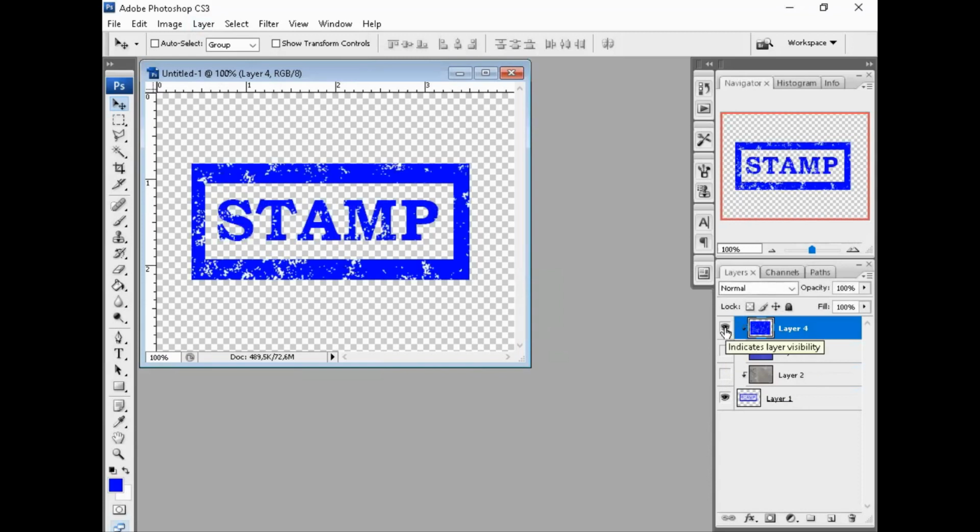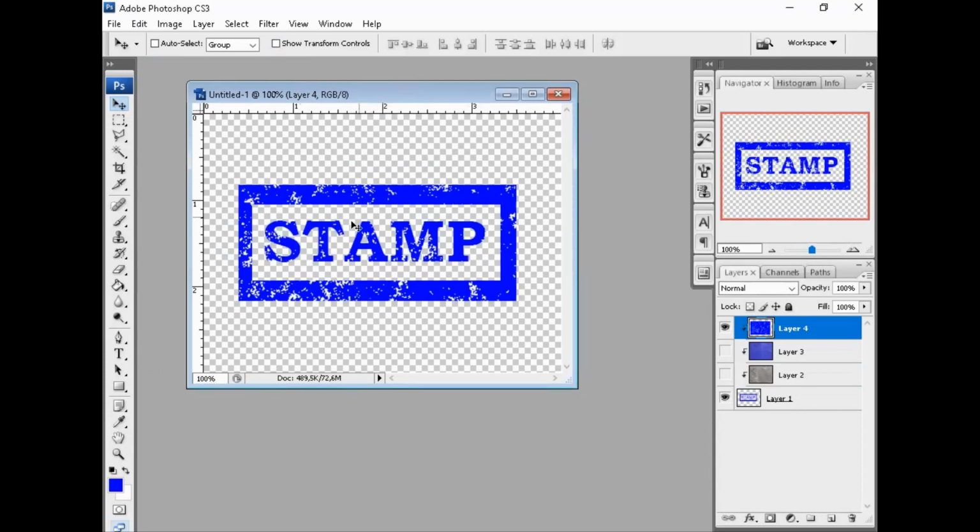If you have any stamp, maybe with vector, then the image with the vector, we can create another one like this.